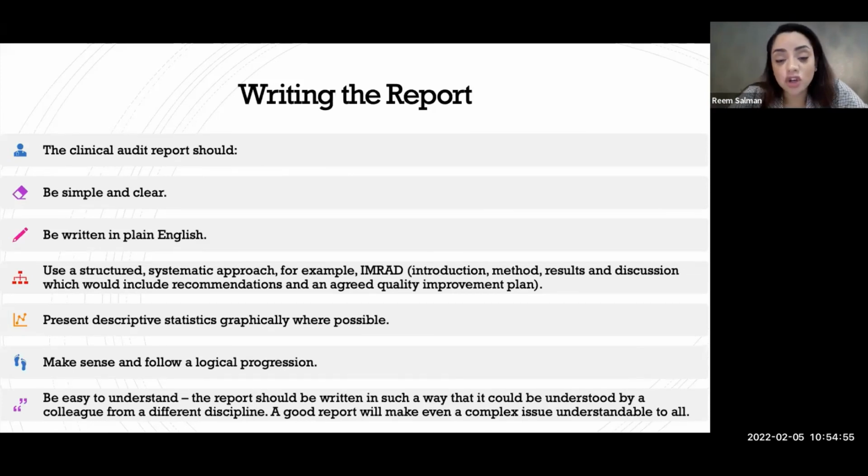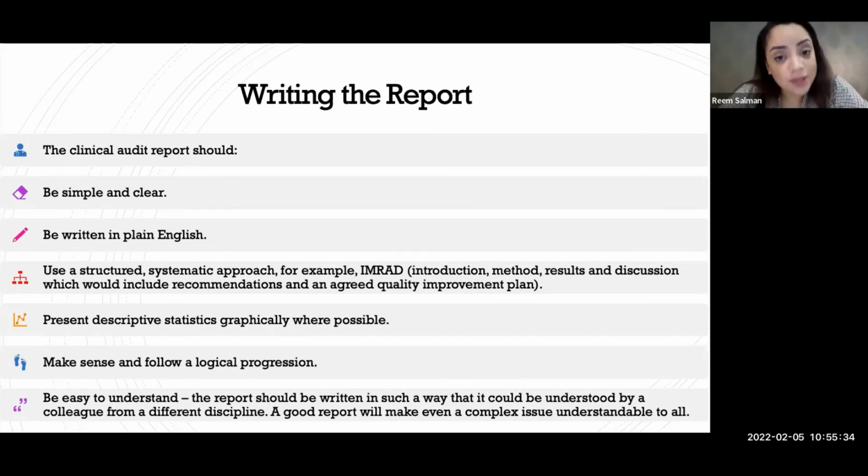Okay, there is a structure that I always use, and I think is very useful. If you use a structured or systematic approach for IMRAD, which is introduction or background, and then the method you used. So, for example, you could say this is a retrospective study of the usage of co-amoxiclav in children under the age of 12 in St. Thomas Hospital in the period of this month to this month, okay? So that is your method. And then you can say inclusion criteria, all children under the age of 12, blah, blah, blah. Exclusion criteria, all children above the age of 12. This is the methodology, okay?